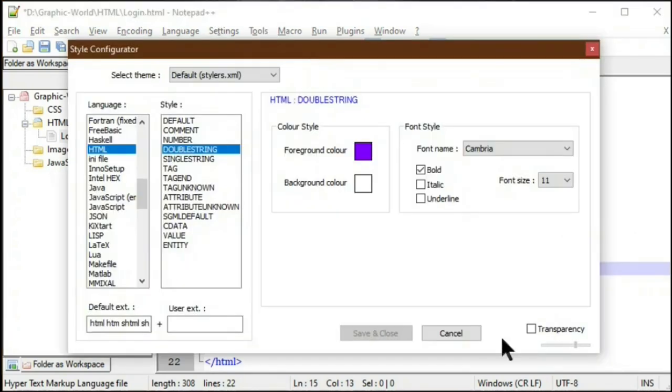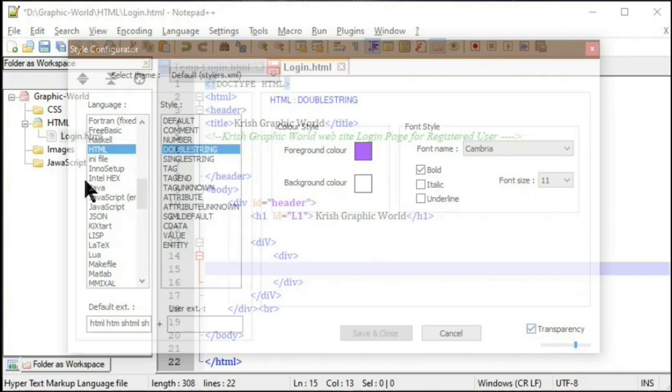In style configurator we saw one transparency. This transparency checkbox is used to change this dialog box to transparent. Now it is not checked, so I can't see any text or code behind this dialog box. Suppose I check transparency, you see we can see the background, and all our code is also visible.